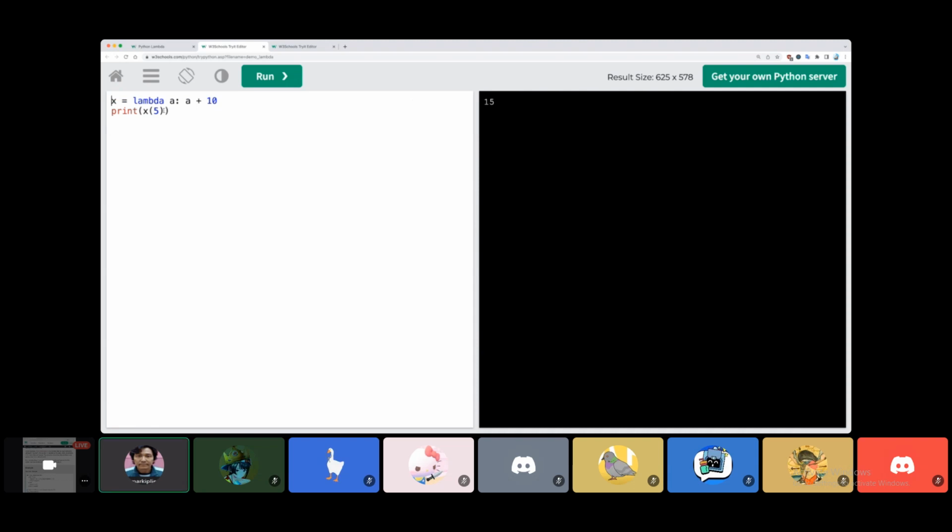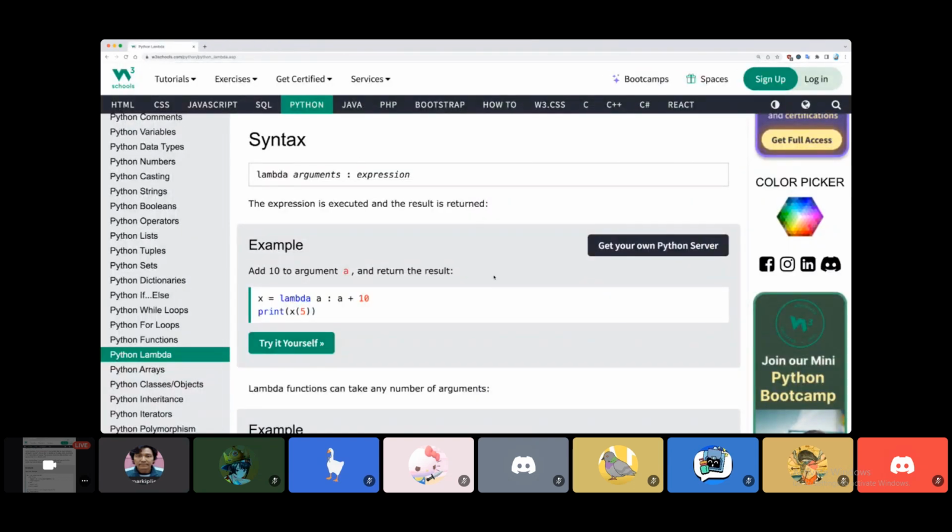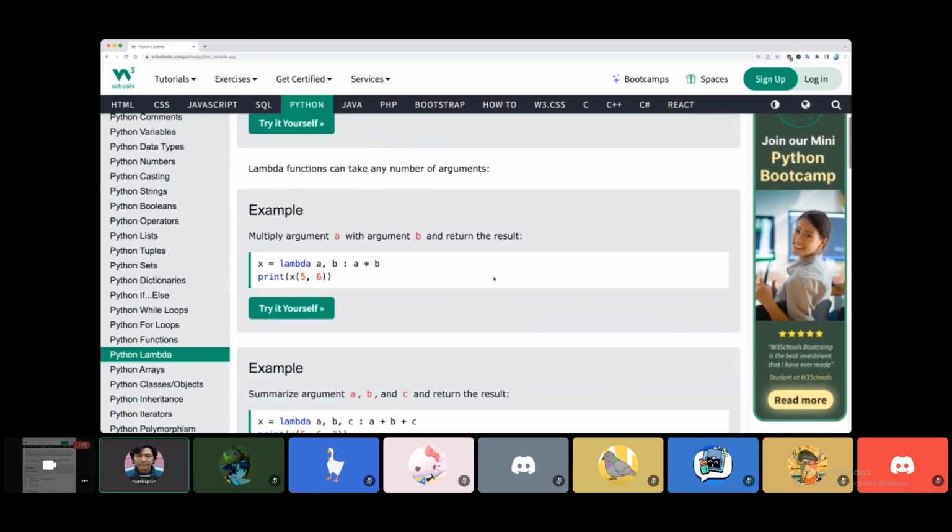So let's say I change x and then I should get 20 instead, because lambda a, the a will take the 10 instead, and 10 plus 10 is 20. So x will be initialized to 20. And like before, like the functions, lambda is technically still a